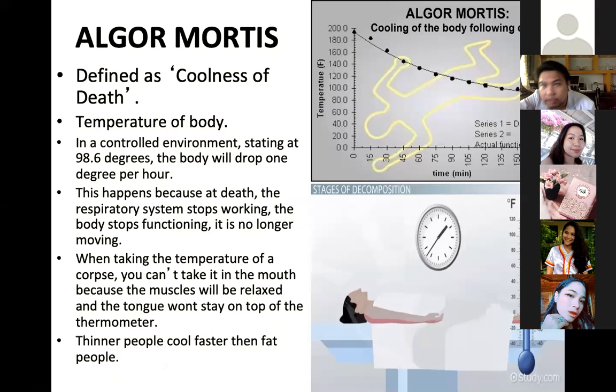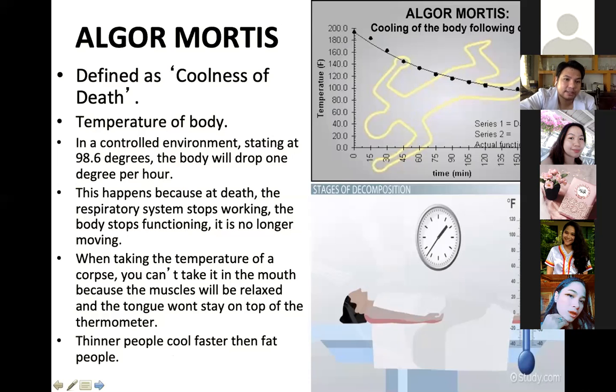Okay? Algor mortis, defined as the coolness of death. So, yung temperature ng body, in a controlled environment starting at 98.6 degrees, the body will drop 1 degree per hour. This happens because of death. The respiratory system stops working and the body stops functioning. It is no longer moving. When taking the temperature of the corpse, you can take it in the mouth because the muscles will be relaxed and the tongue won't stay on top of the thermometer. So the thinner people cool faster than fat people, of course because of